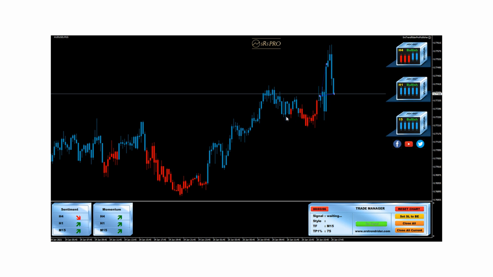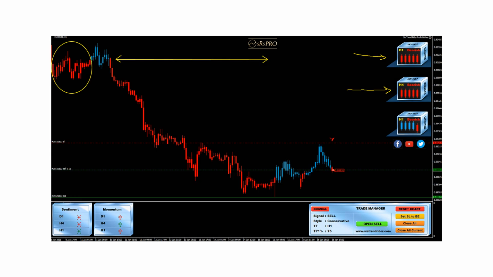Your key levels would be key rejection zones, breakouts of previous highs or lows on your riding trend. And the last tip I would like to share with you when you deal with the SRS Pro is observe the market environment. In that case, the SRS Pro candle patterns come to your help.